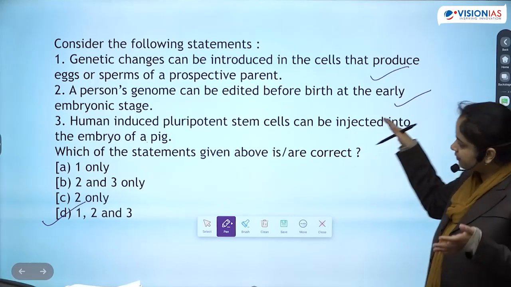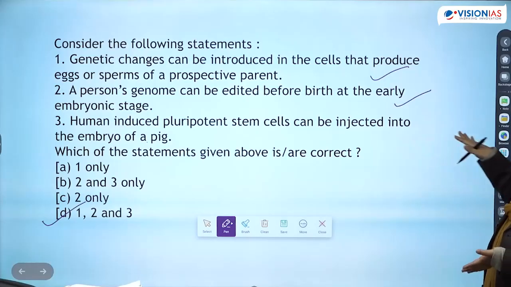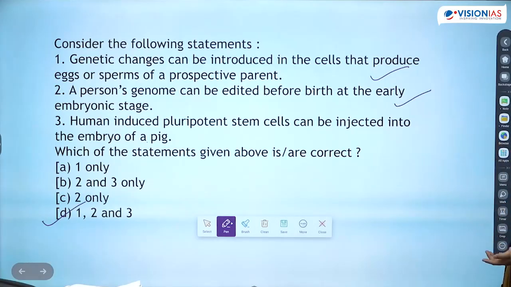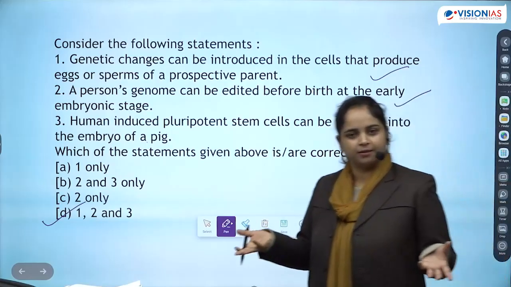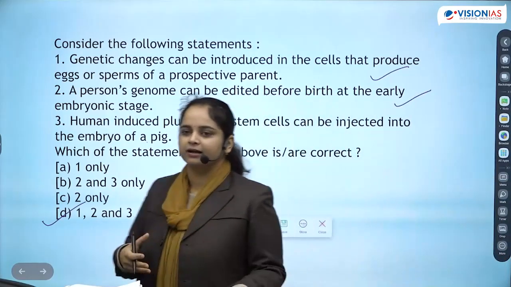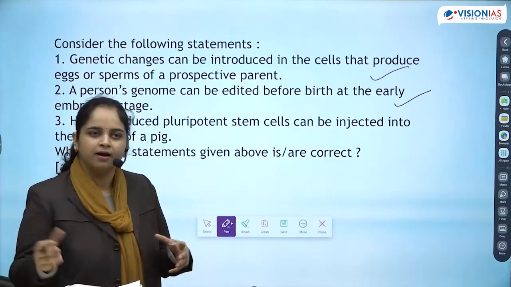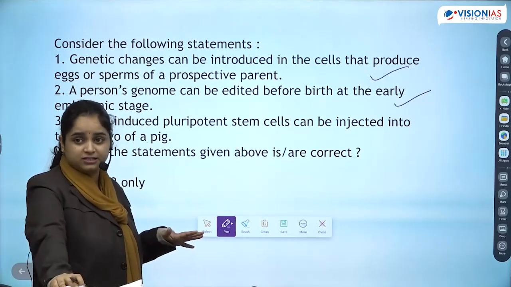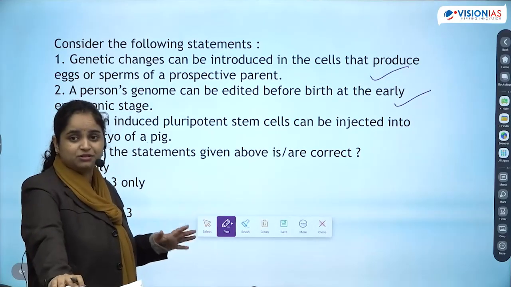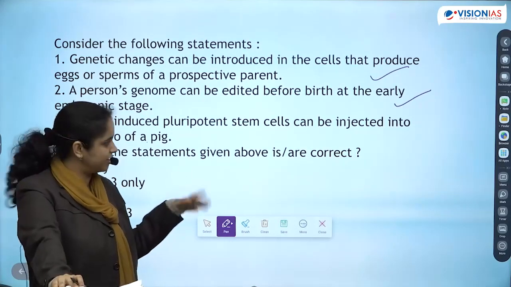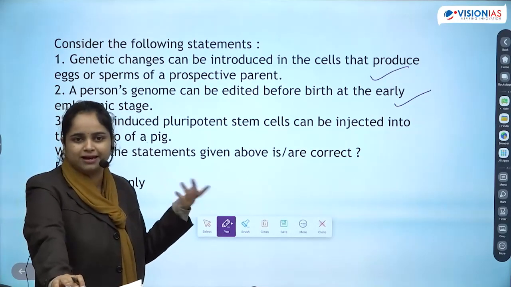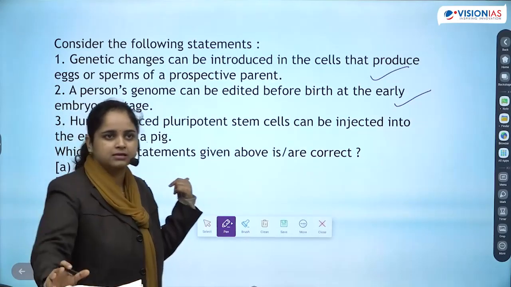So for this third statement, which is correct, human induced pluripotent stem cells can be injected into the embryo of the pig. ठीक है, और यही इंजेक्ट करके उन्होंने पिग में हार्ट बनाया, फिर वो हार्ट निकाल के ह्यूमन बीइंग्स को दे दिया, and that was a successful transplant also because the person lived with that heart for 2 months. Okay, and they're trying to do more such experiments to get better results. Answer here is